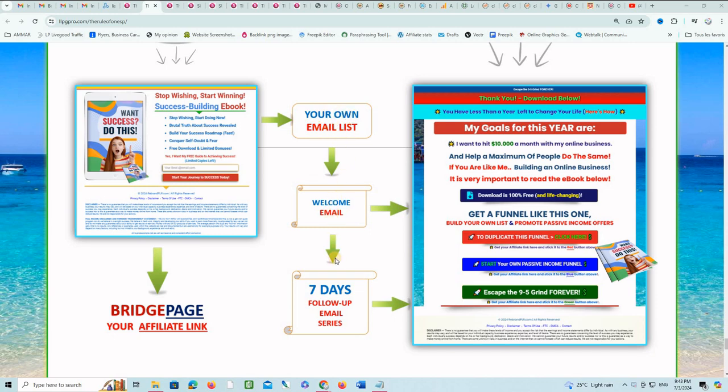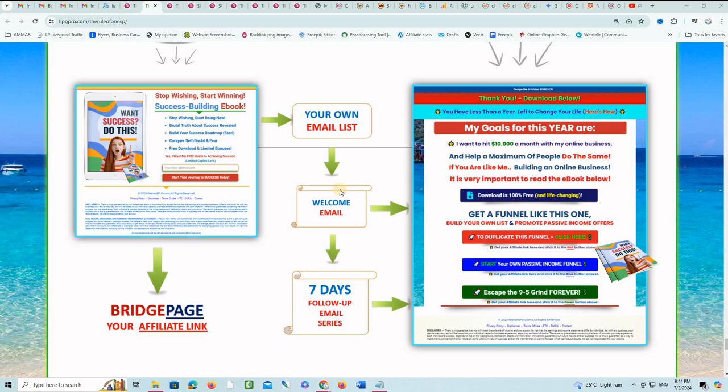and start receiving 7 emails day in, day out, sending them back to the delivery page here, where of course they can download the ebook and where you promote related offers in order to make recurring commissions. So all you have to do is install and set up your funnel properly on your Leadsleap and then promote your capture page. The system after that will take it from there and send emails day in, day out to